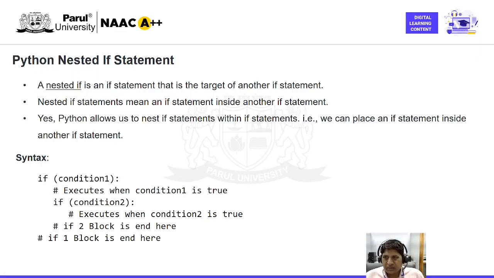The third statement is known as the nested if statement. In some situations, we try to check more than one condition within a condition. Suppose, for example, you check condition 1, and if it is true, then the next condition is checked. For example, whenever you play a game, if you clear level 1,